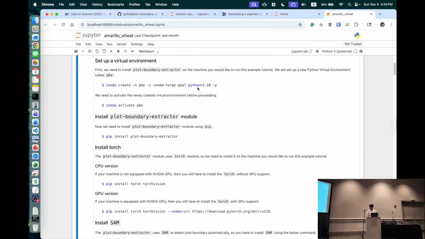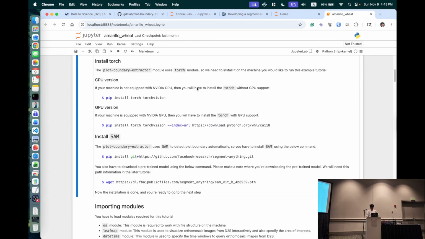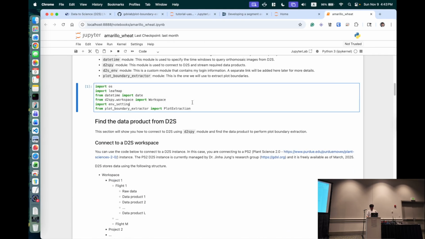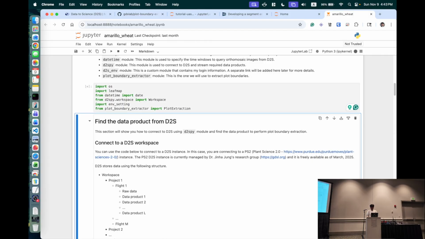I have again an explanation of what needs to be installed, etc. Then I'm going to be essentially running this cell by cell, like I was doing earlier, loading all the required modules. This one takes a little bit longer, because it may seem like there's not much, but this plot boundary extractor module is pulling in a lot of other dependent modules.